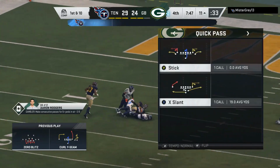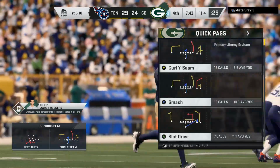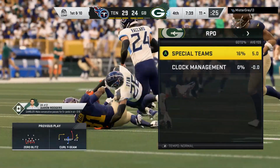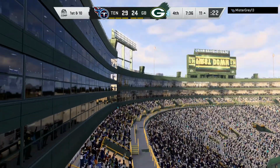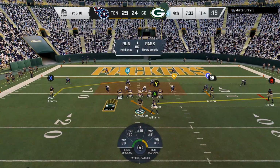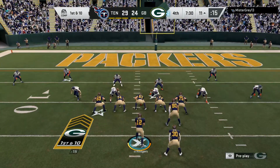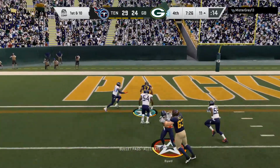Move the chains. An ex-teammate used to tell me all the time, I hate experienced quarterbacks because no matter what, you really can't hide what you're doing. And I think that right there, he knew right away where the blitz was coming from, where his primary guy was going to be, and he ended up going to a secondary target for a nice gain. I was just going to ask you, that wasn't the primary target, and he's so good at that, isn't he? I think he knew right away that he wasn't going to get to his primary guy. I think he read that as soon as he...